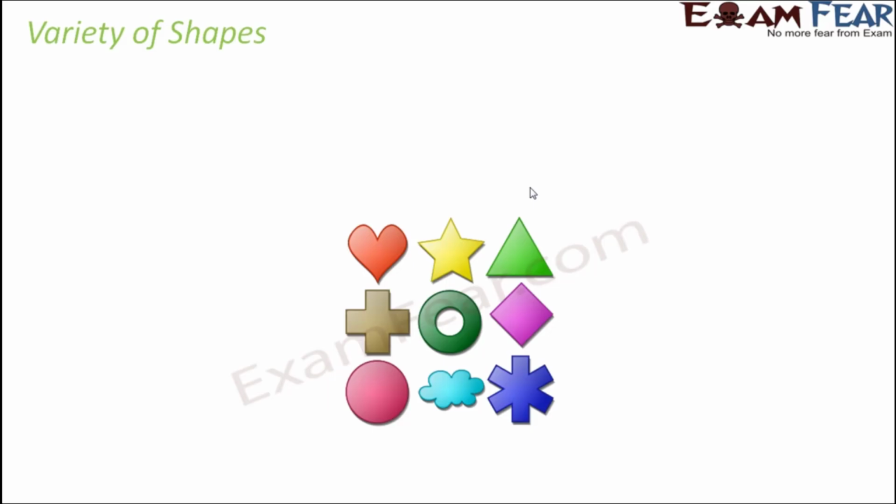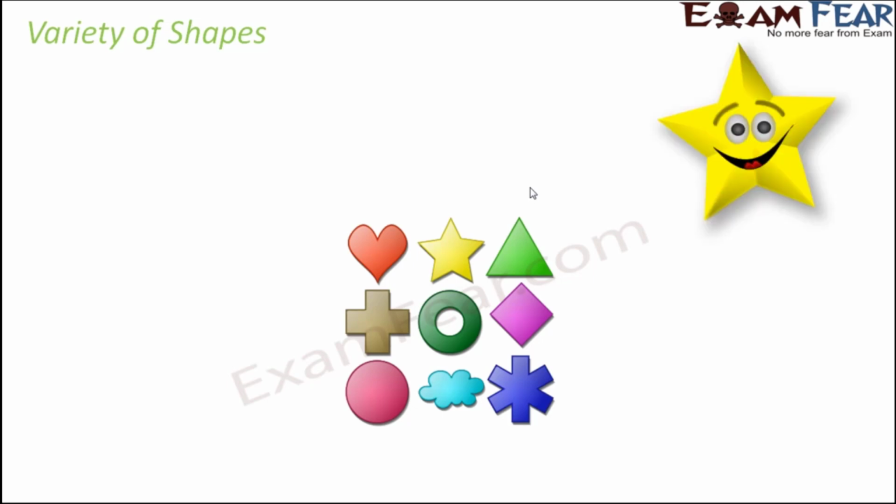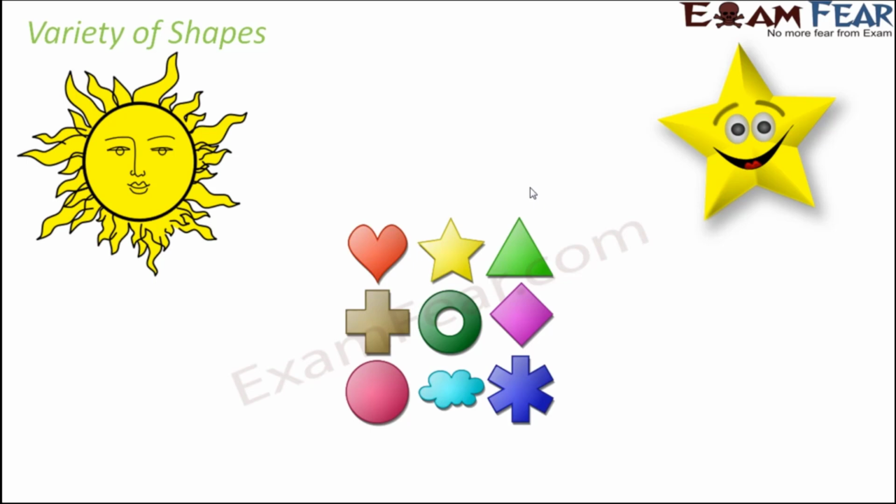When you talk about shapes, you see a variety of shapes around you. In fact, there are so many objects that we see around us, and these objects have so many different shapes. Now, look at some of the examples. For example, a star. When you look at the shape of a star, it has 4 sharp arms, which are seen very distinctly. Again, when you compare the shape of a star with that of a sun, do you think that they have similar shapes? Not really. A sun is more of a sphere, of a circular shape.